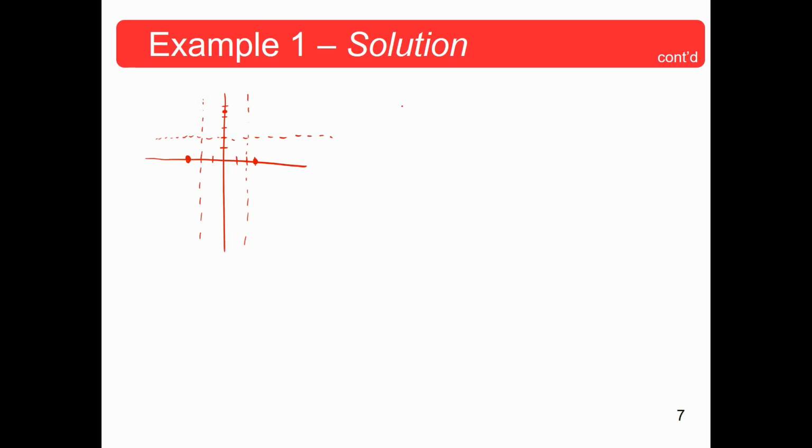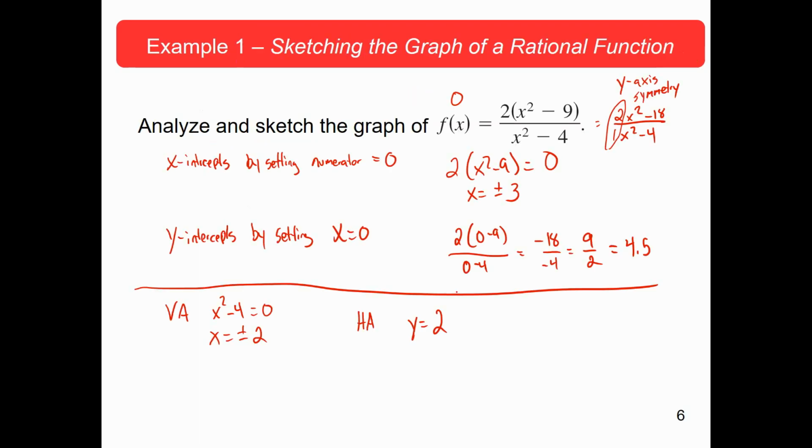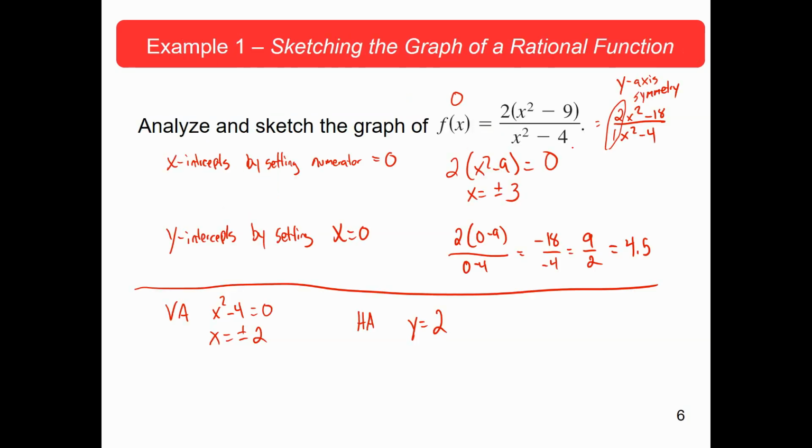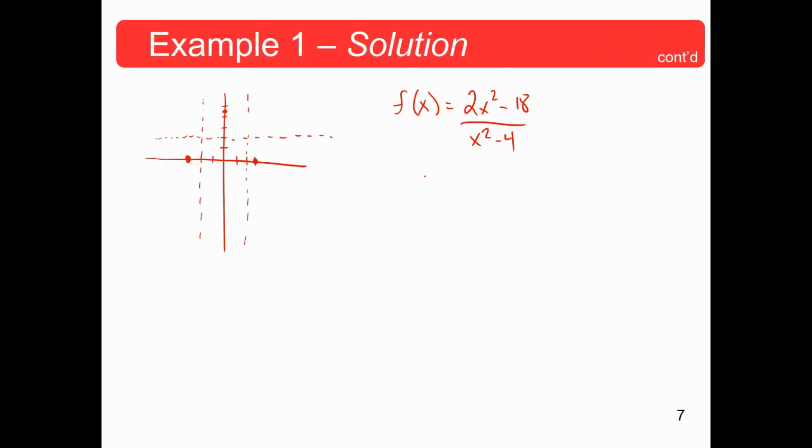So we need to start by finding the first derivative. So our function is 2x squared minus 18 over x squared minus 4, right? So then I need to find f prime. So that's low d high minus high d low over low low. So this gives us